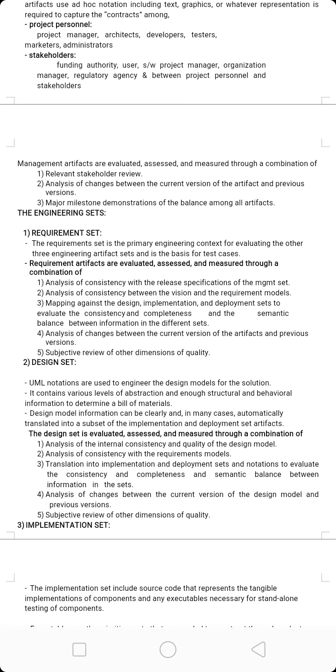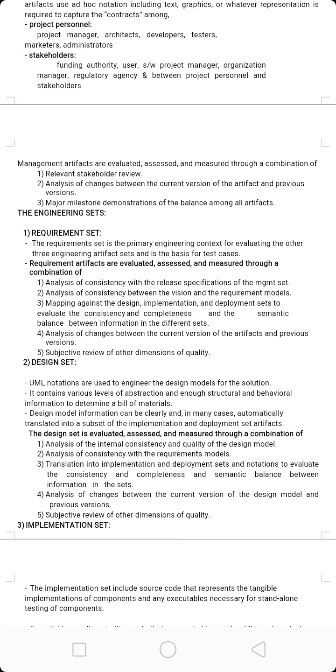Here we are taking consistency between specifications and management sets, and vision and requirements. Next one, mapping against the design, implementation and deployment sets to evaluate the consistency and completeness, and the semantic balance between information in the different sets. Mapping is done between design, implementation and deployment.